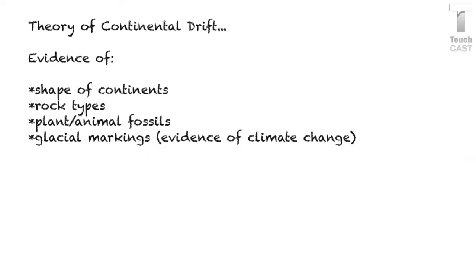So Wagner really wanted to explain why the Earth's surface looked the way that it did, why the continents were shaped the way that they were, and how did they possibly get there. So in the 1920s, Wagner published his theory, and we call this the theory of continental drift. Wagner used empirical evidence, and you'll see the four